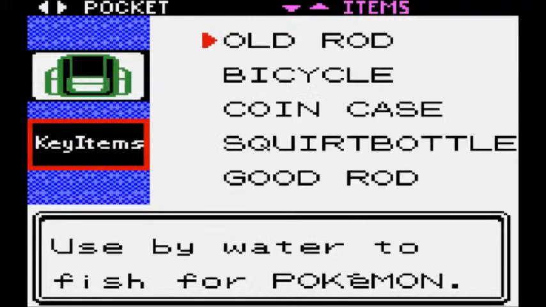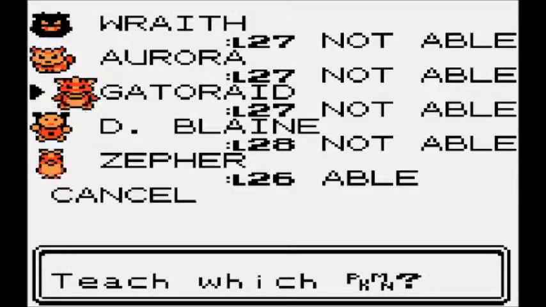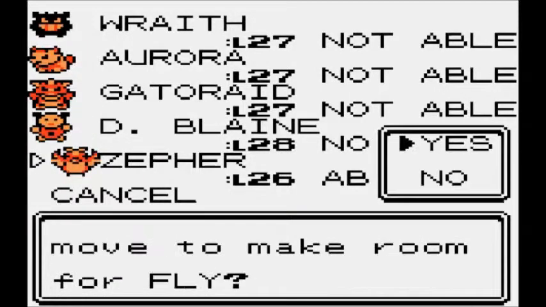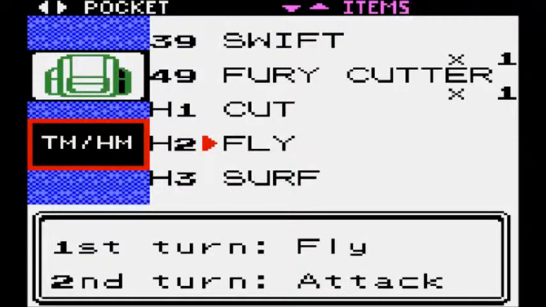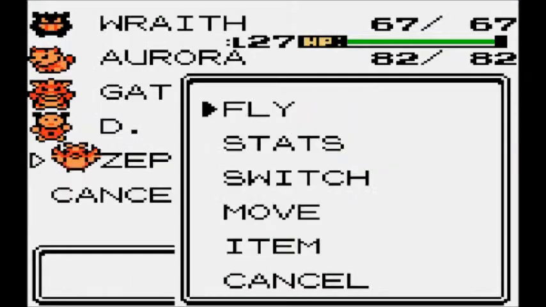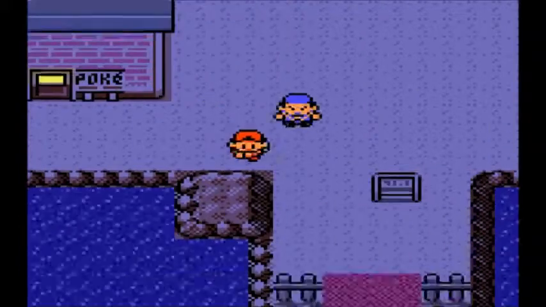Luckily for me, I have a Pokemon that I can use Fly on, so Gatorade, you're not alone in the HM using. Fly is a much better move than Peck, however, Fury Attack is just so bad. I'm going to go ahead and get rid of that. So yeah, now we can fly. We're going to fly back to Olivine City, and we're going to race